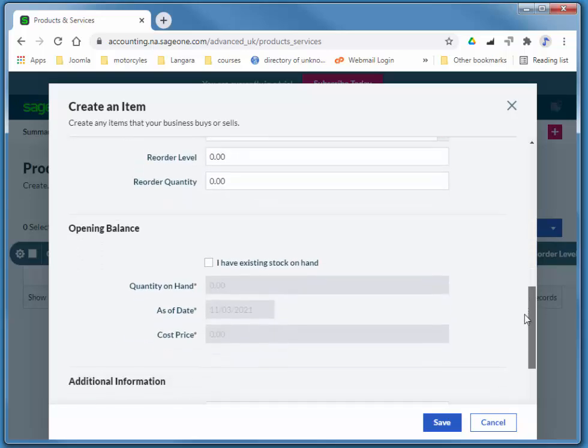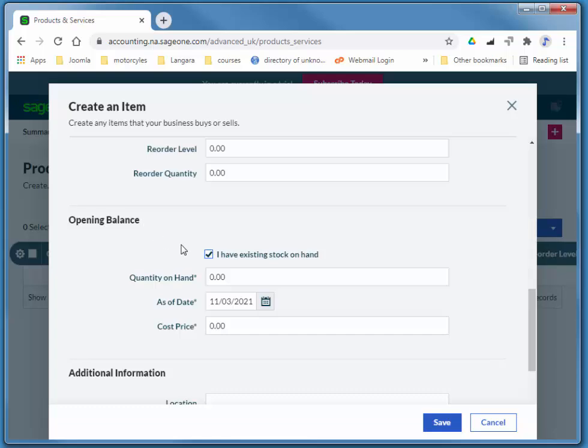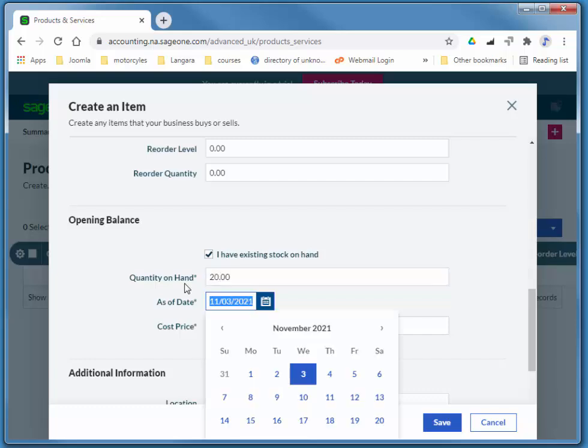And I have some quantity on hand. I have existing stock on hand. So as you create an inventory item, you can populate this. Once you've created it, you cannot enter stock on hand. So quantity on hand is 20. We want 20 of those. And the as of date is,